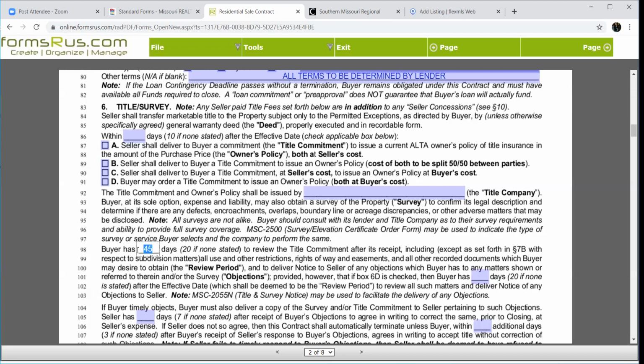Most often you're just going to leave that blank though, because 20 days is plenty. This 20 days down here only refers to D. It says that the buyer's going to get it for themselves and they're going to have 20 days to review it once they get it themselves. A, B, and C say that the seller's going to deliver it to the buyer and then the buyer's got that time period to do it. D says the buyer's essentially going to deliver it to themselves and they've got that time period to do it.